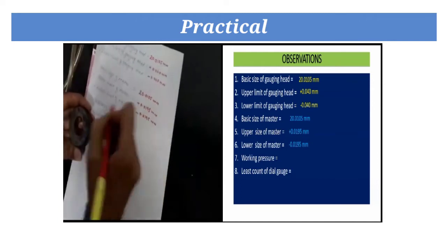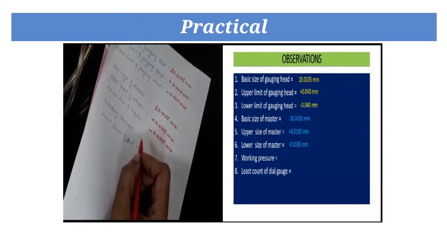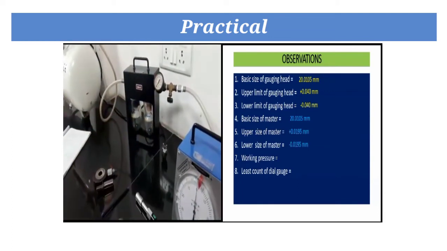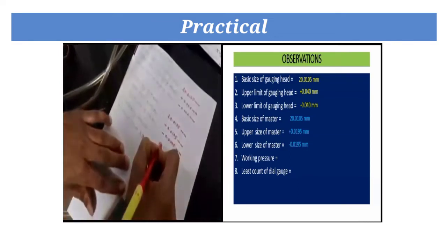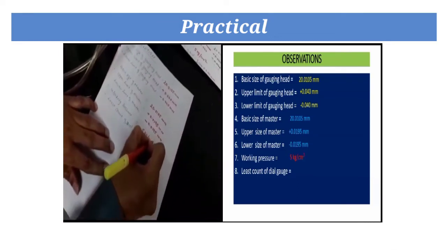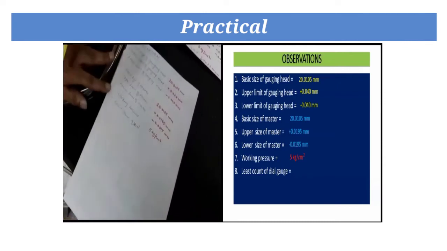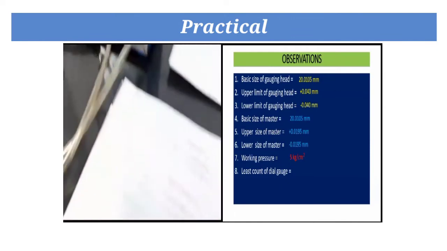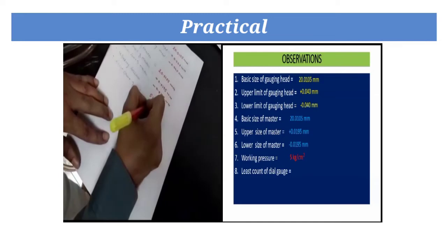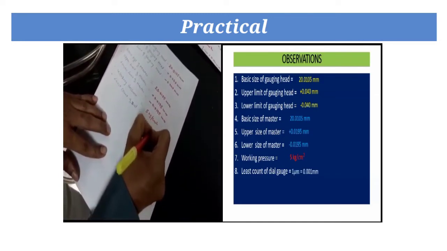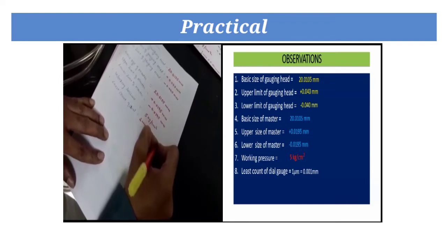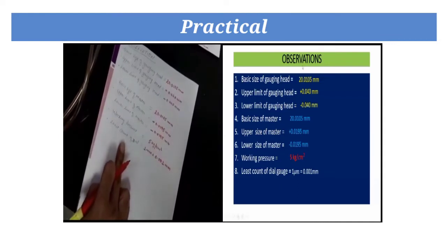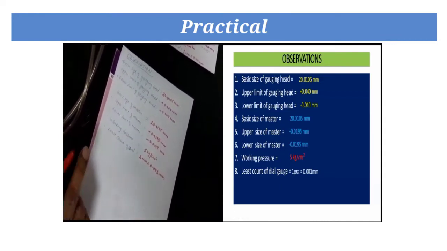then minus lower limit of that masterpiece 0.0195 mm. Working pressure which we are using here, generally this pressure which we can observe, basically we are taking the pressure around 5 kg per centimeter square. Then the least count of the dial gauge, you can see here it is 1 micron, right now. So I'll put a 1 micron value there, and if I convert it into mm, that is 0.001 mm. So these are the basic requirements, observations before performing the practical.